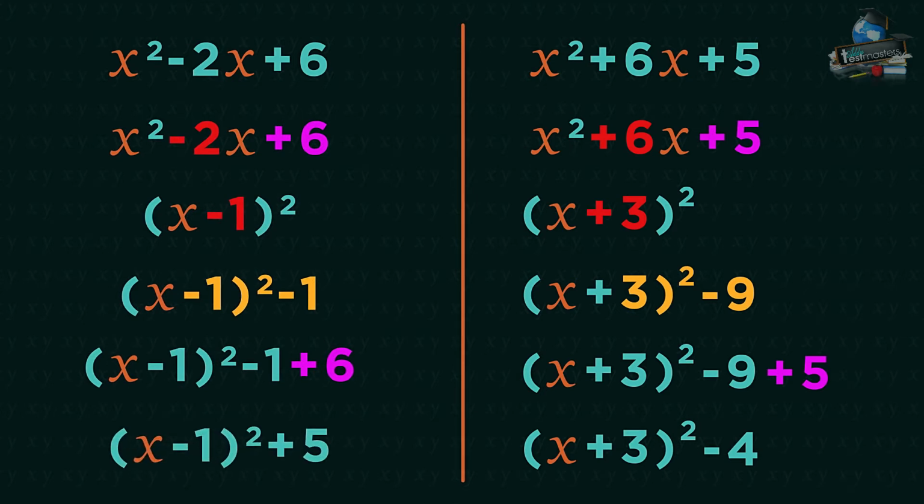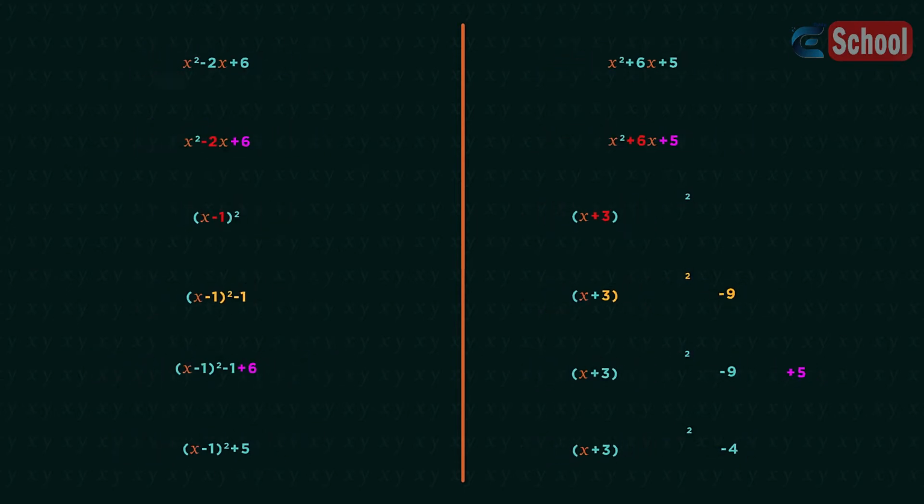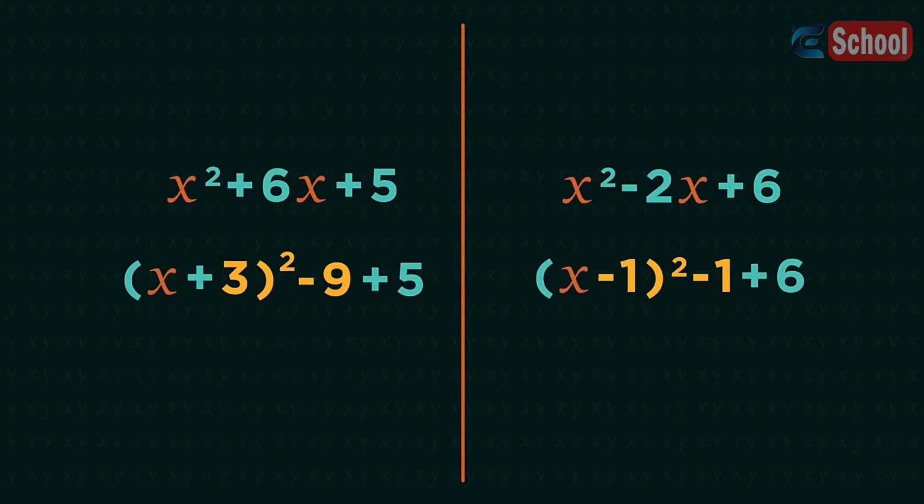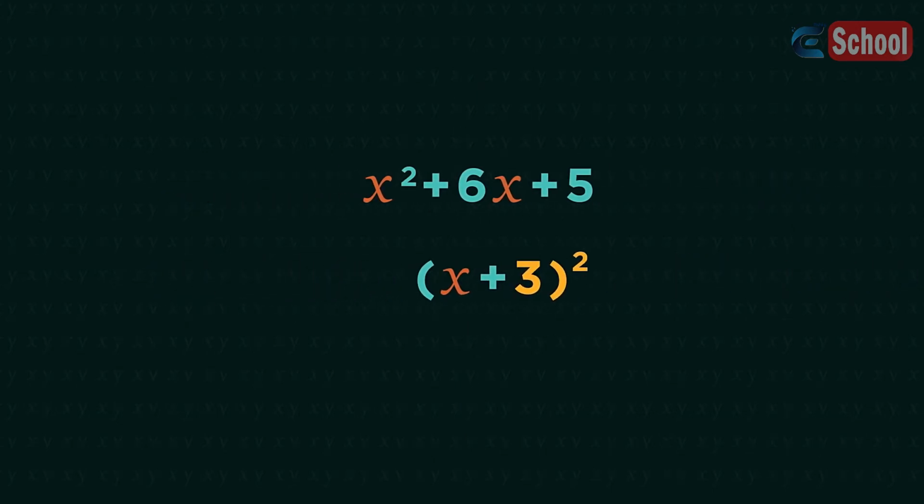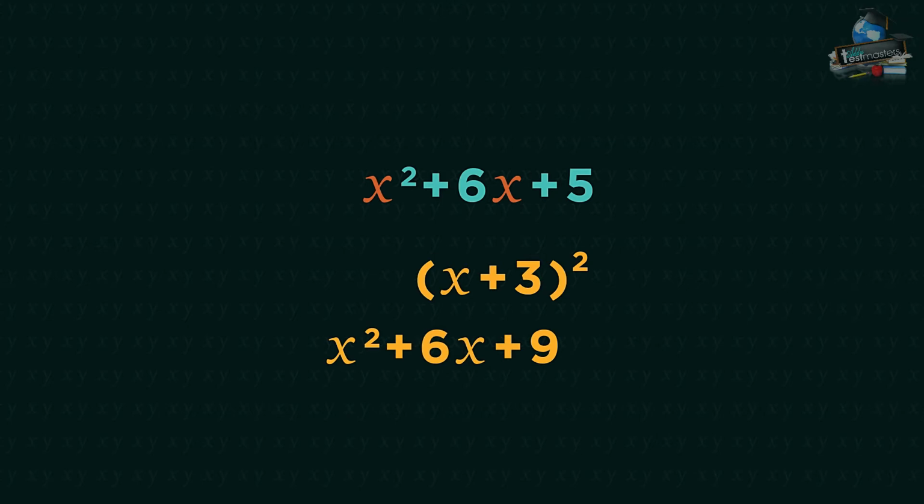So that is how we complete the square. But why do we subtract the square of the bracket number? Think of expanding brackets. So let's go back one step to this and expand the x plus 3 squared. We get x squared plus 6x plus 9. We don't want the plus 9, we just want plus 5. So to balance it out, we need to subtract 9, which is why we always subtract the square of the